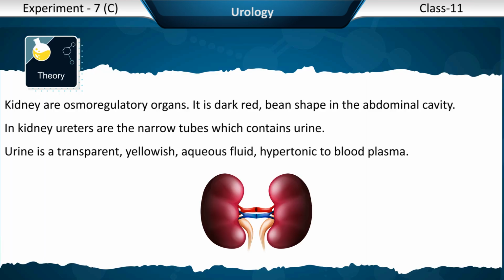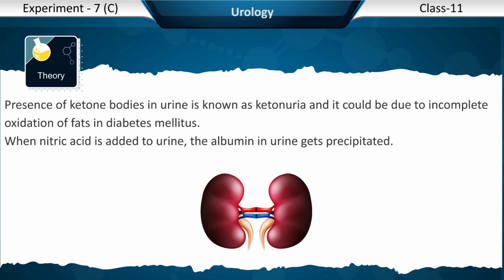They are dark red, bean shaped organs in the abdominal cavity. From the kidney, ureters are the narrow tubes which carry urine. Urine is a transparent, yellowish, aqueous fluid, hypertonic to blood plasma. Presence of ketone bodies in urine is known as ketonuria, and it could be due to incomplete oxidation of fats